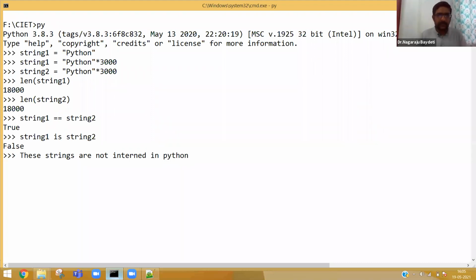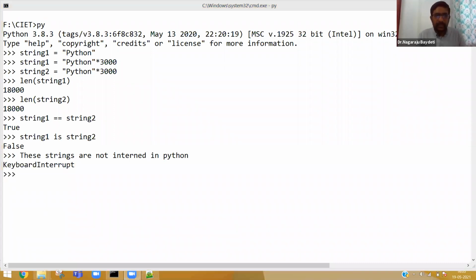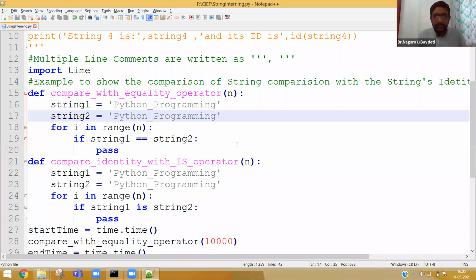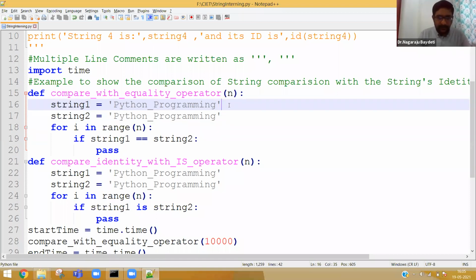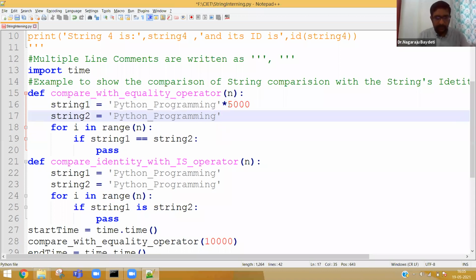Let me take the screenshot. Now, in a hurry, I should not have shown you this 5000 string, but I should have first shown you a normal string, which is interned.